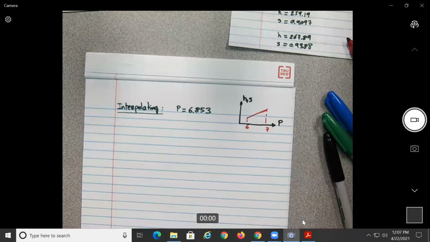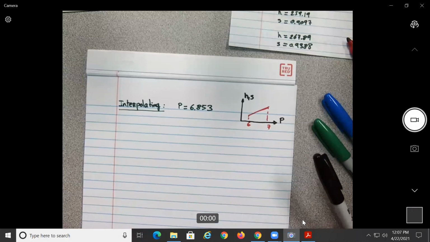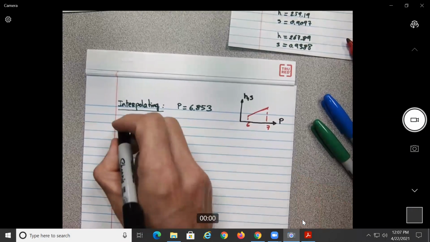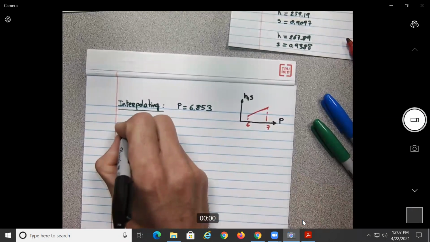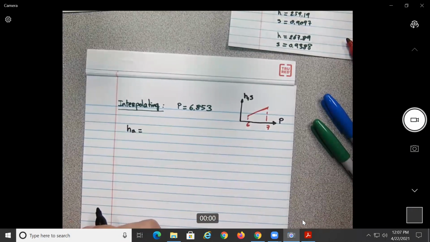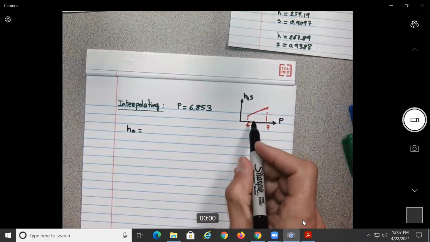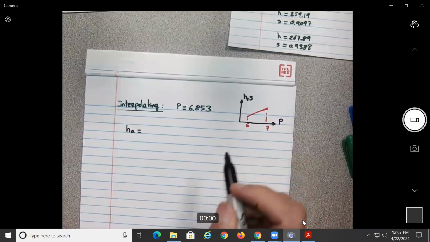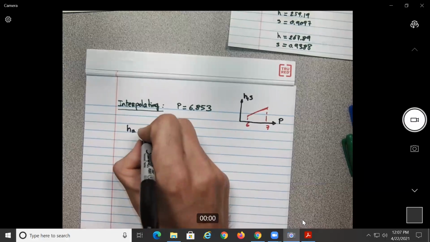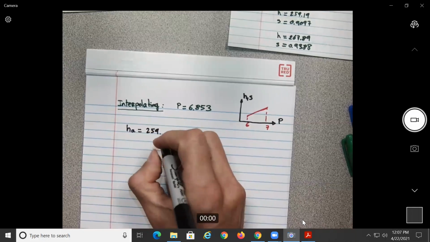So hopefully, that should work. Okay, so basically what should we have? Let's try to solve then at this pressure here. Let's solve here for H sub A. It will be equal to what? If I start with the H, it will be equal to 259. I'll do the first one, I'll let you do the other ones. 259.19